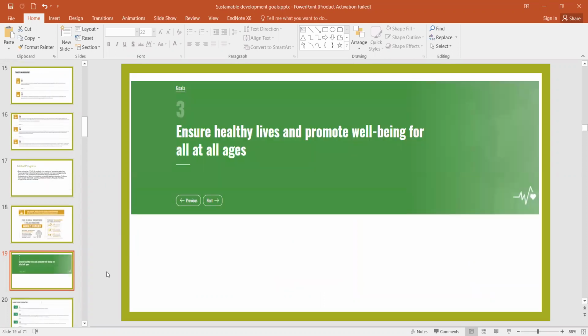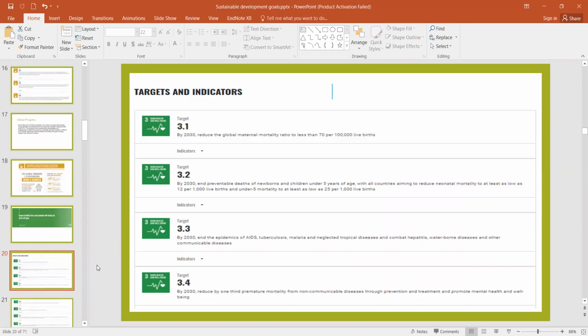Ensure healthy lives and promote well-being for all at all ages. By 2030, reduce the global maternal mortality ratio to less than 70 per 100,000 live births. By 2030, end preventable deaths of newborns and children under 5 years of age, with all countries aiming to reduce neonatal mortality to at least as low as 12 per 1,000 live births, and under-5 mortality to at least 25 per